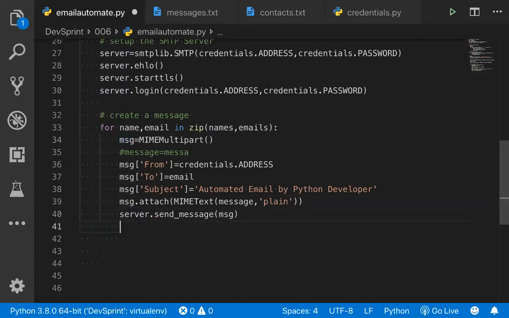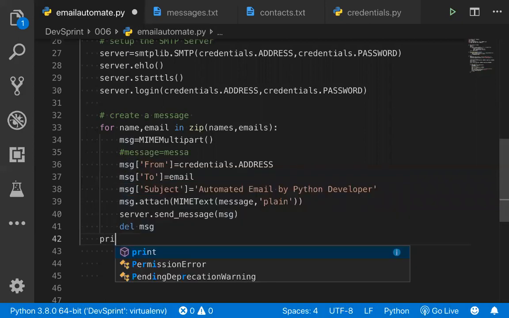So finally, after sending the message, you can better delete the message, and next time it will be created again. If you updated anything in the message, it will be added. Okay. So it is better you always delete the message object, so that next time, freshly, if you add any content, that will be added. So finally we can say this is okay, the print. Okay.